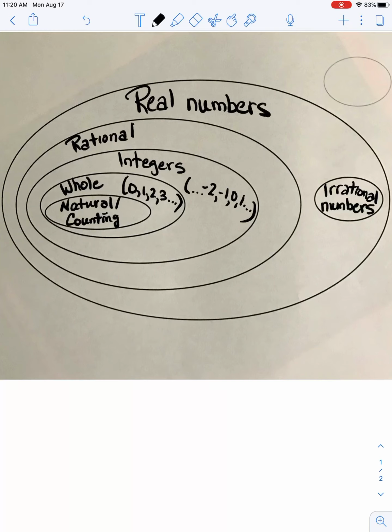Okay, and life is not so simple, so outside of this universe of real numbers, there's actually this thing called imaginary numbers. Sounds kind of intriguing, right? Well, imaginary numbers, you have to go a little further in math to learn about imaginary numbers. Okay? But this is the real numbers inside this kind of universe. I want to explain to you just briefly another way of dealing with rational versus irrational, because that's an important difference.